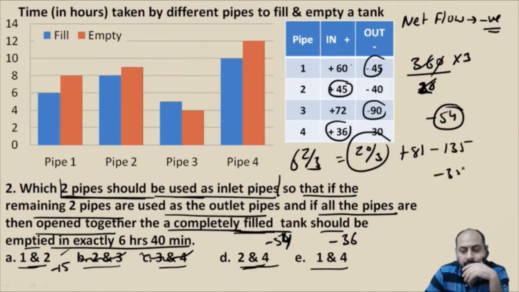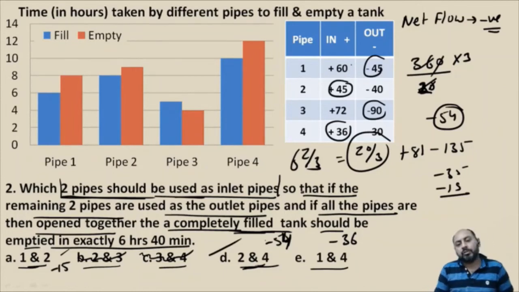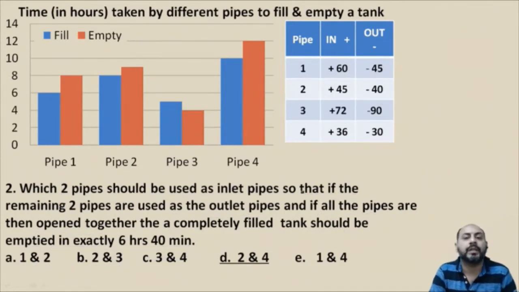So minus 35 minus 19, yes, minus 54. So option D has to be the answer over here. So option D is the answer. Right, so you have to be aware of how you can go, but provided you read the question carefully, only then can you save time, else you will be wasting a hell of a lot of time.